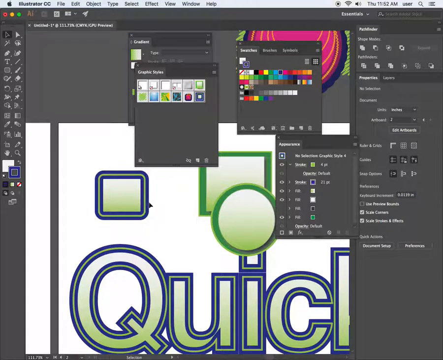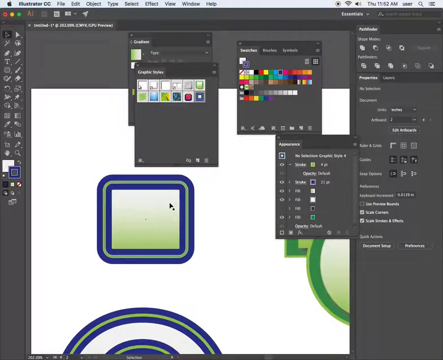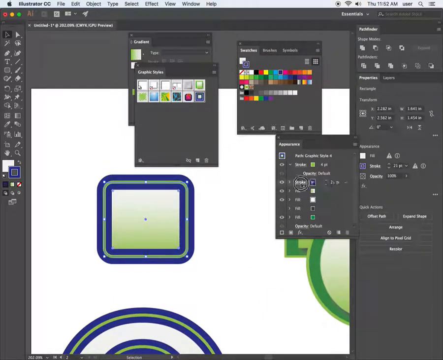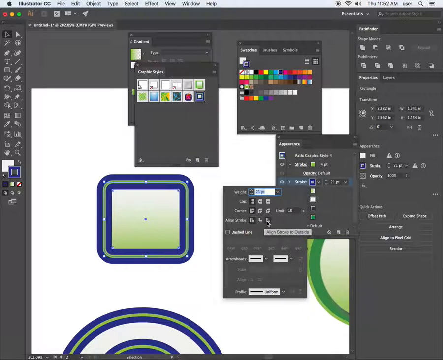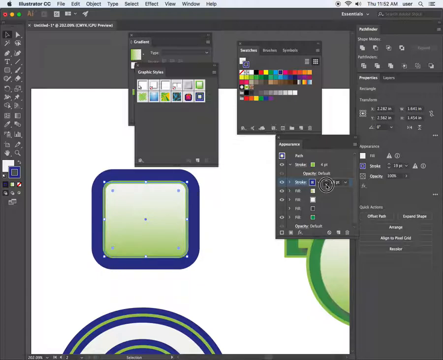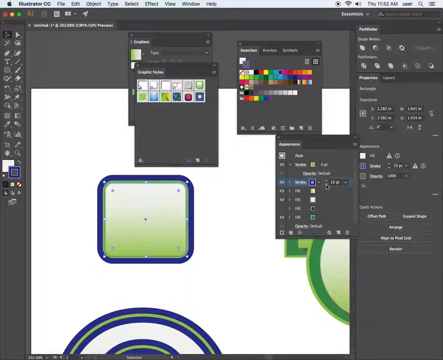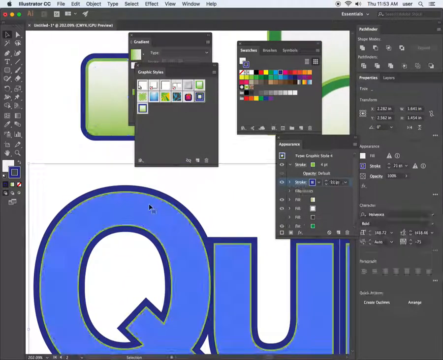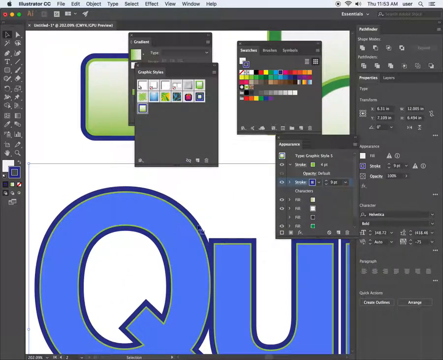Then from here I have to adjust these settings. So I have to put that to the outside and bring the size down. Then when I bring this style back in,